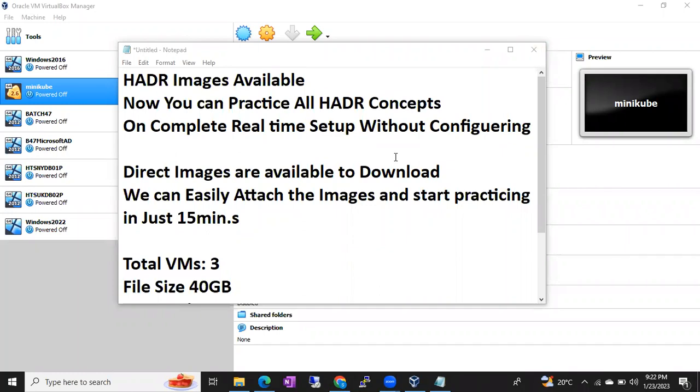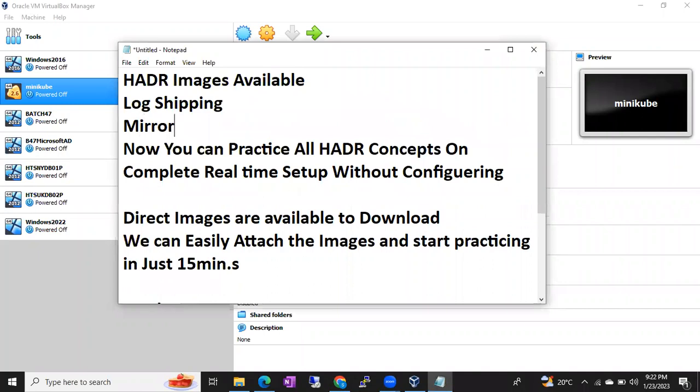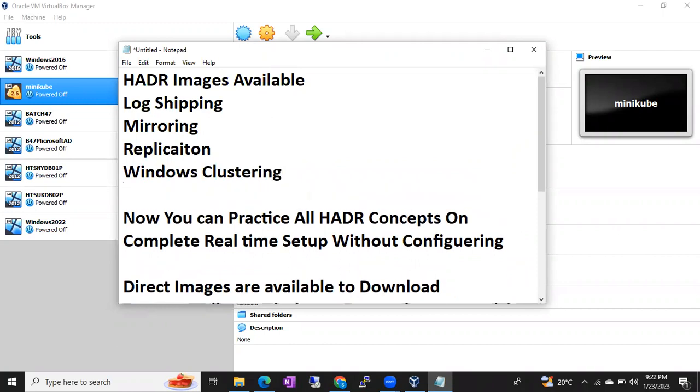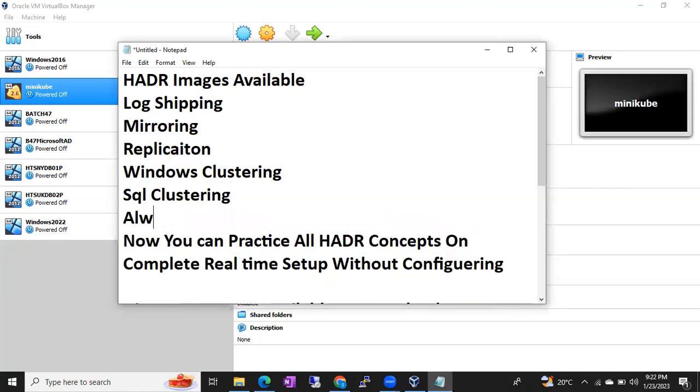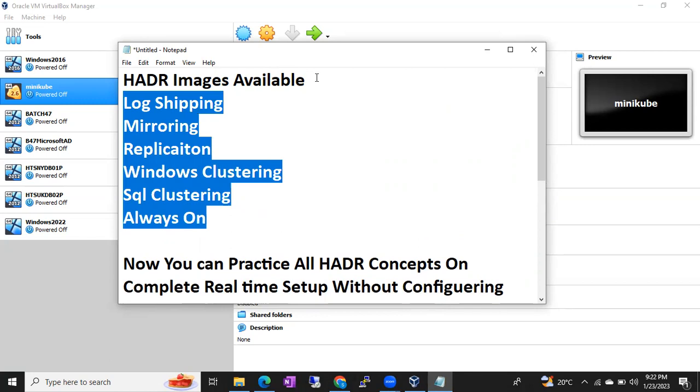So HADR images are available, guys. High availability and disaster recovery images are available. If you want to practice log shipping, mirroring, replication, Windows clustering, SQL clustering, and finally Always On. So generally, if you want to practice these 5 HADR technologies in a real-time setup, okay,